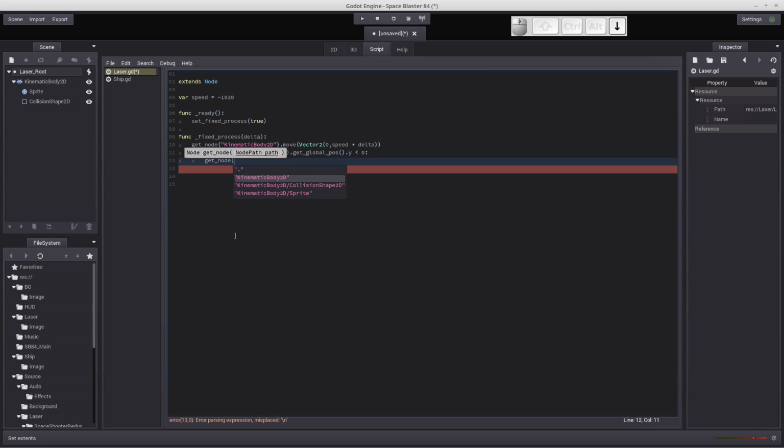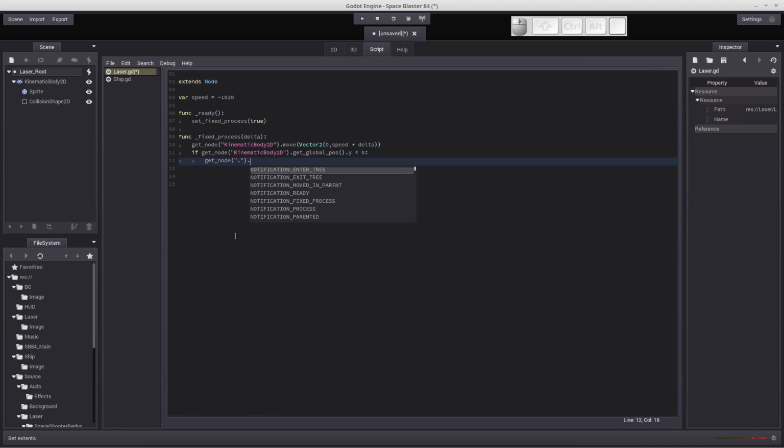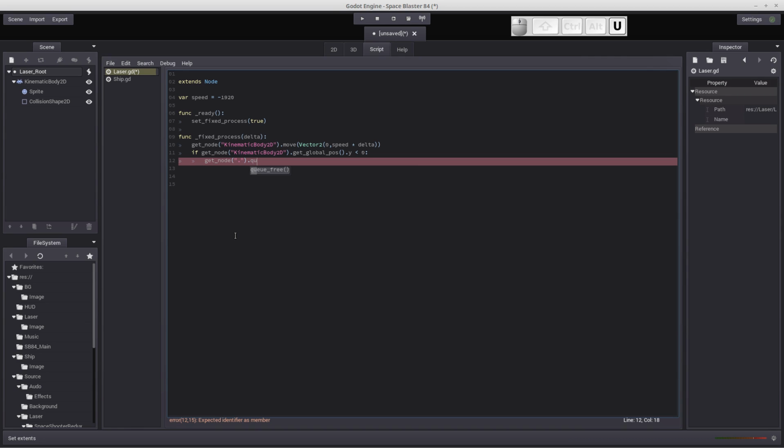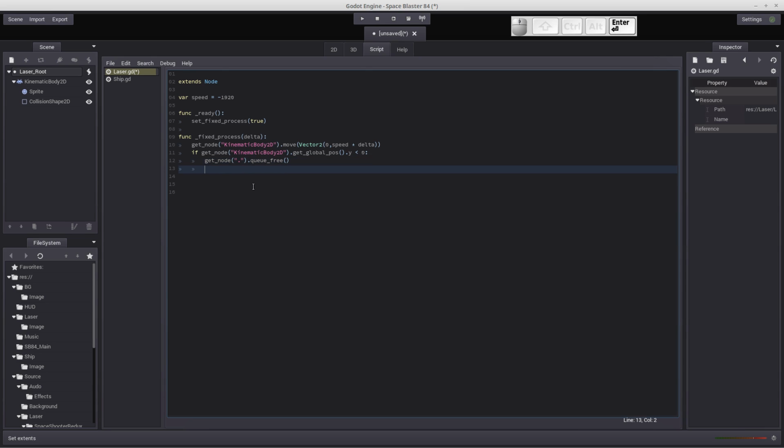So let's put in dot, and we're going to use the QFree function, and basically that's going to delete this whole tree here. Okay,